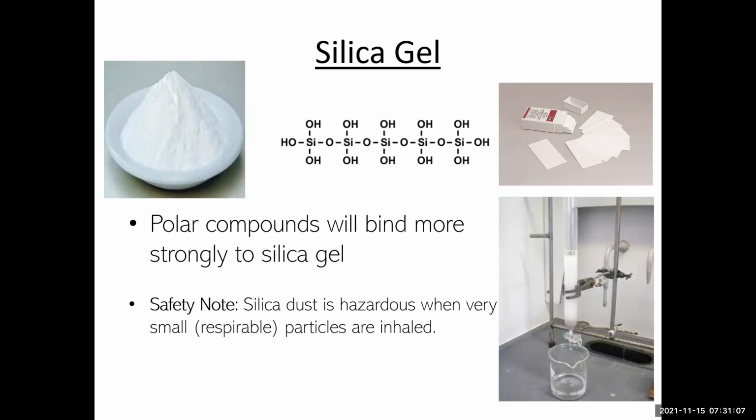It is a white powdery substance, and the structure is a series of silicon and oxygen atoms bonded together. And on the outskirts of the rather large solid structure are OH groups. So for that reason, we say silica gel is really polar. Look at all of these OH groups. So it tends to interact really well with polar compounds and also those that can hydrogen bond, and not so much nonpolar compounds, particularly ones that can't hydrogen bond.